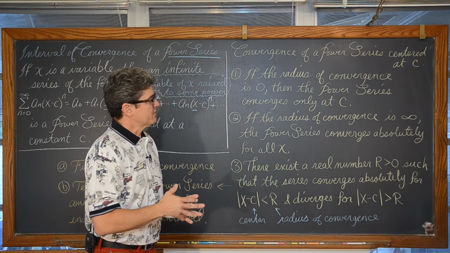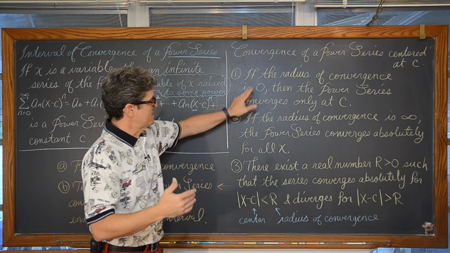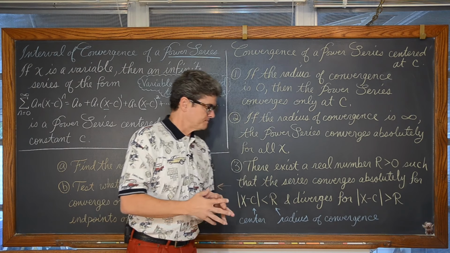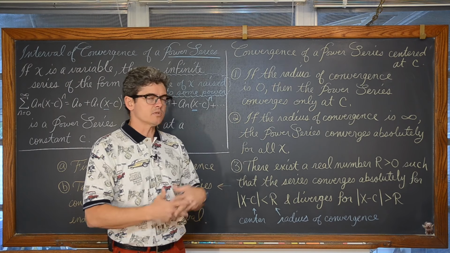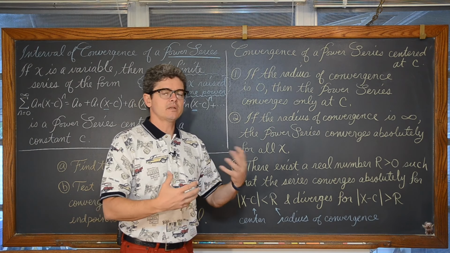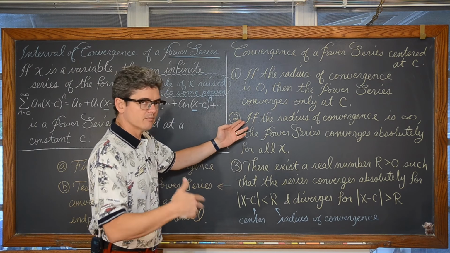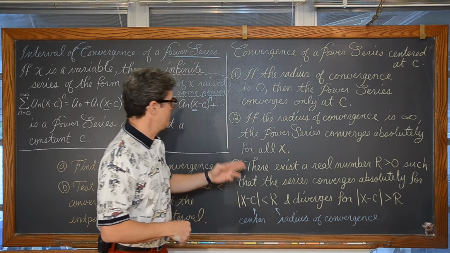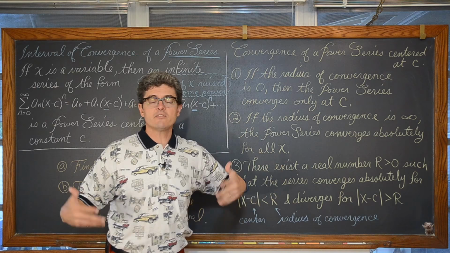If the radius of convergence is infinity, and I'm pausing because I'm going, okay, I want to say the 0 and this infinity, and then finally the condition here with the outcome number 3, if you will, is that result again of setting up the ratio test and looking at ultimately what we're arriving at. It'll be clear as we do the examples. If the radius of convergence is infinity, then the power series converges absolutely for all x. It doesn't even matter what x is.